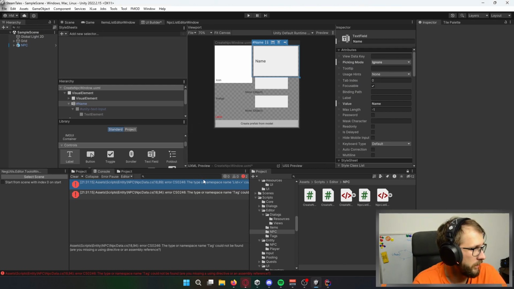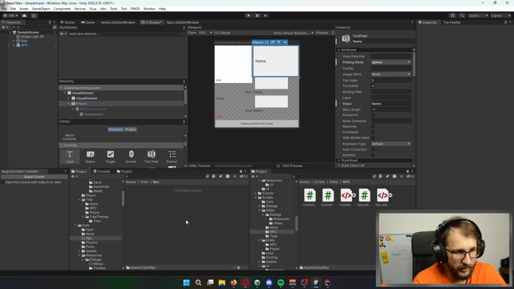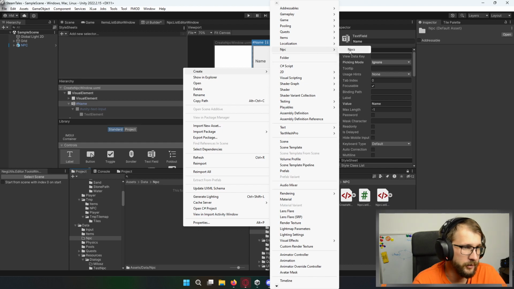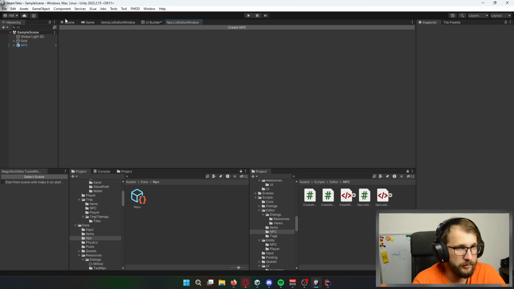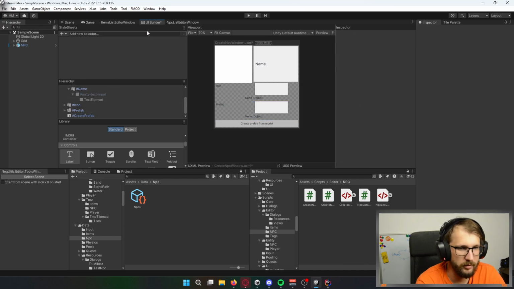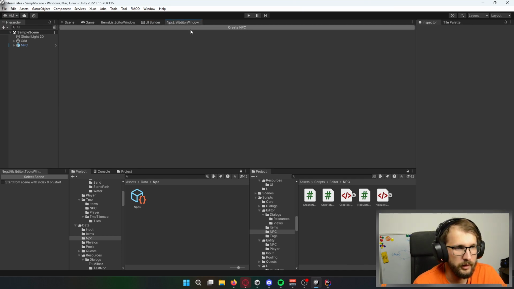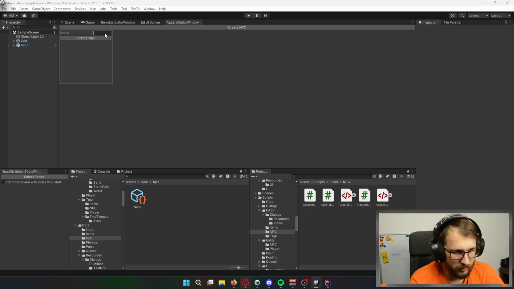Okay, I think that should work. And now I should have NPC available here. So I'm saving everything. Wait, this label should disappear from here. Okay, create NPC. That will be called. I can make this window a bit bigger, not a problem.